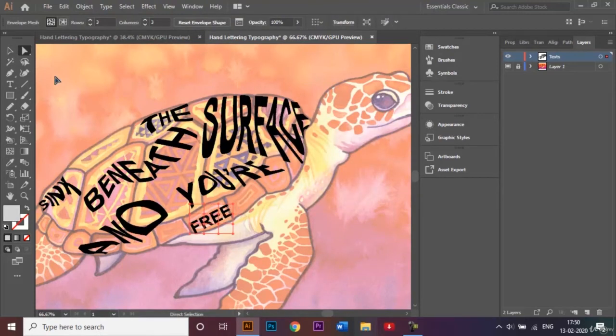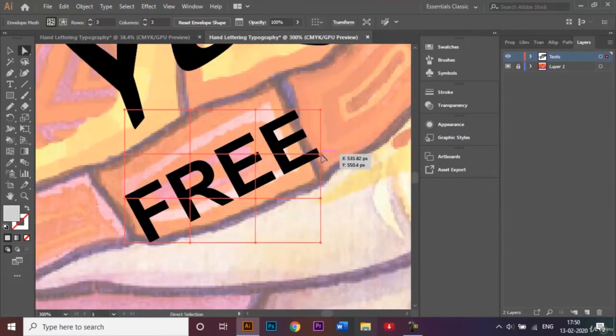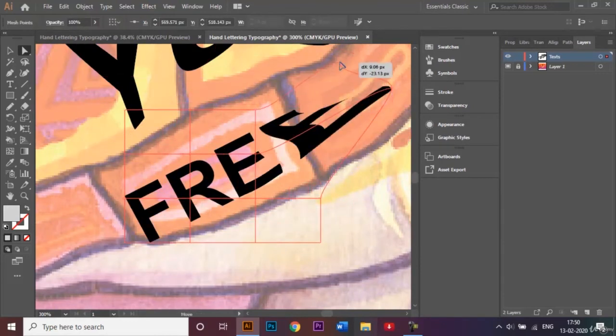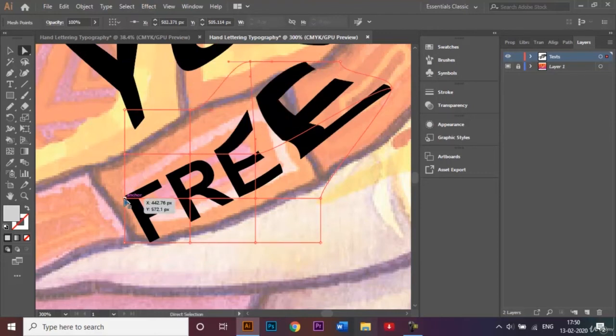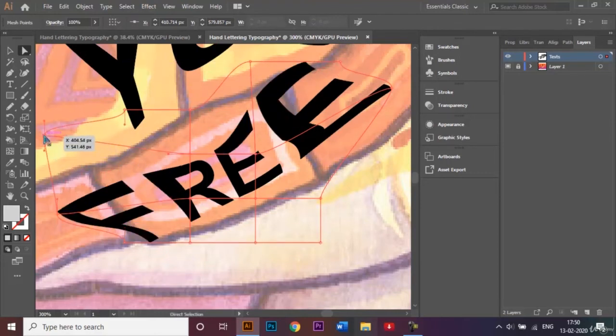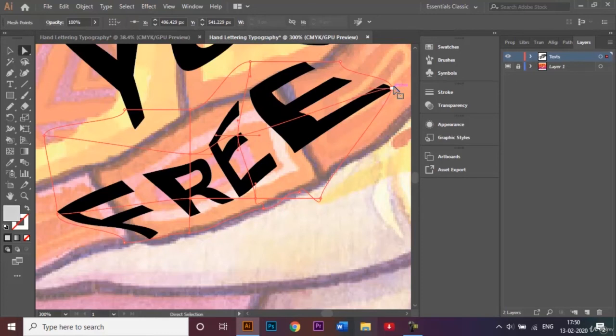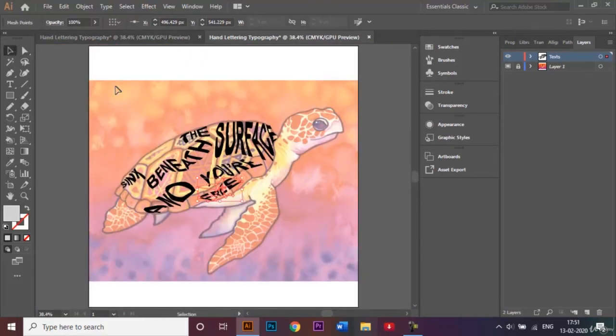So select A. That's a shortcut key for the direct selection tool. Zoom in and oops. Yeah. Just move this around. Like that. So we've roughly covered the entire shell. Now the next thing we're going to do is, like the remaining portions you see here, we will be